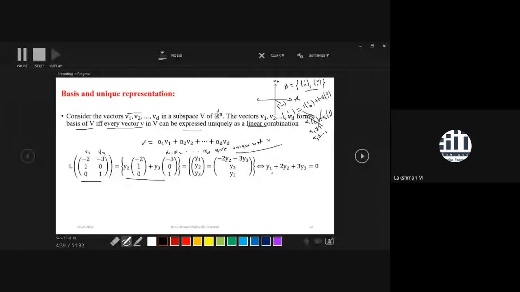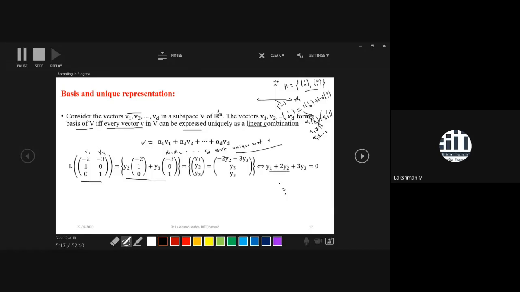And what you do here, if you keep on changing Y2 and Y3, Y1 is dependent on Y2 and Y3. So here Y2 and Y3 are free variables. Keep on changing your free variables, and with respect to that you will get Y1. So here every point will have a unique representation. Suppose someone is willing to find a representation where you take Y2 as 2 and Y3 as 1. Through this relation we observe that Y1 is dependent on Y2 and Y3.